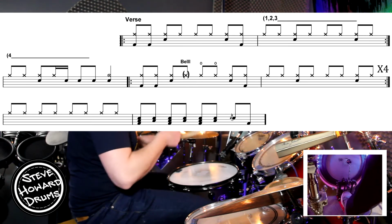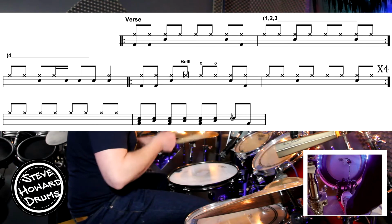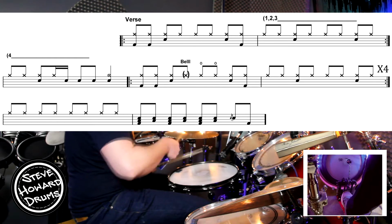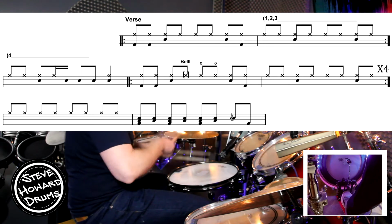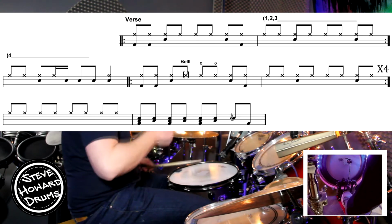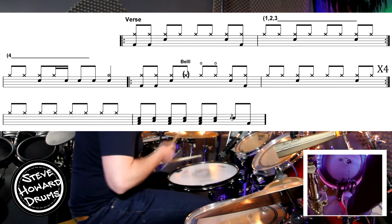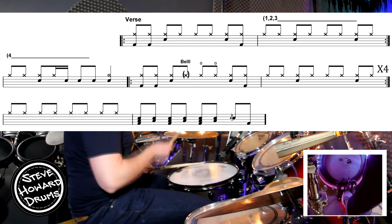Repeat the second time, 1 and 2 and 3 and 4, and second bar, 1 and 2 and 3 and 4. Repeat third time, 1 and 2 and 3 and 4 and 1 and 2 and 3 and repeat for the fourth time, 1 and 2 and 3 and straight to the fourth time bar, 1 and 2 and 3 and 4, 1 and 2 and 3 and 4 and hands, 2, 3 and third line down, 1 and 2 and 3 and 4 and 1 and 2 and 3 and 4 and 1 and 2 and 3 and 4